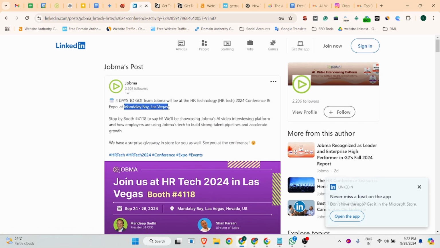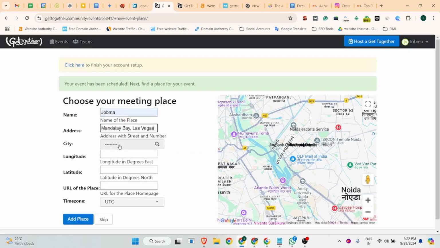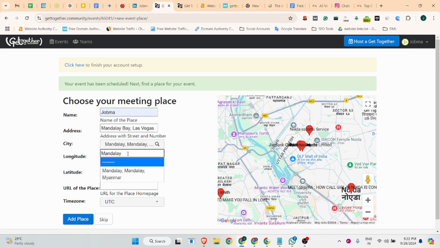Medley Las Vegas. So there you can add your city, so Medley. Yeah. So there you can add a latitude and longitude.